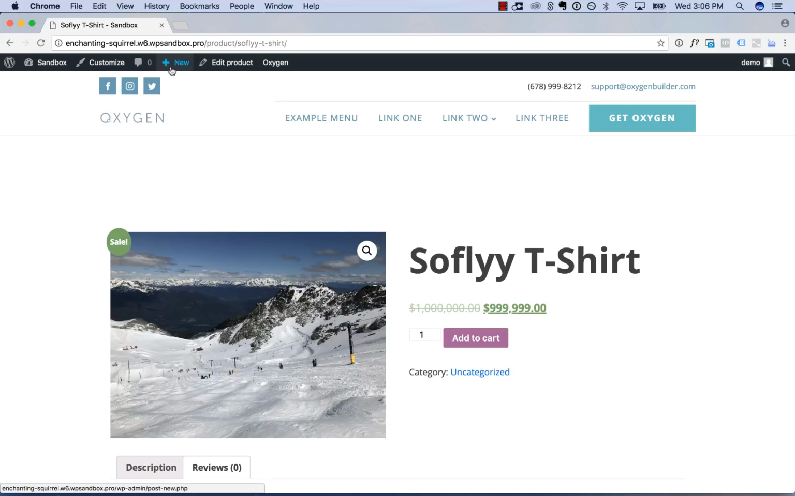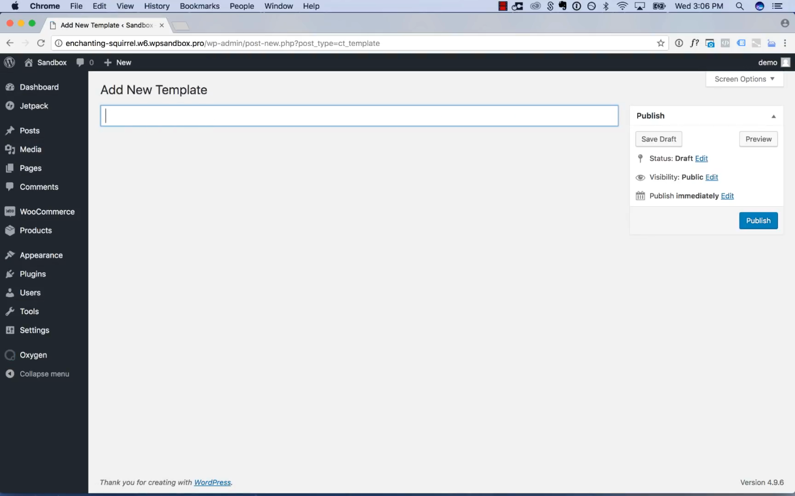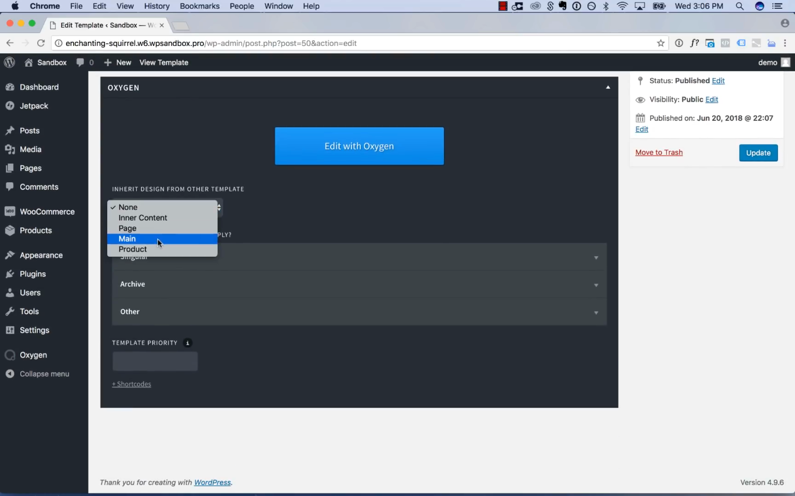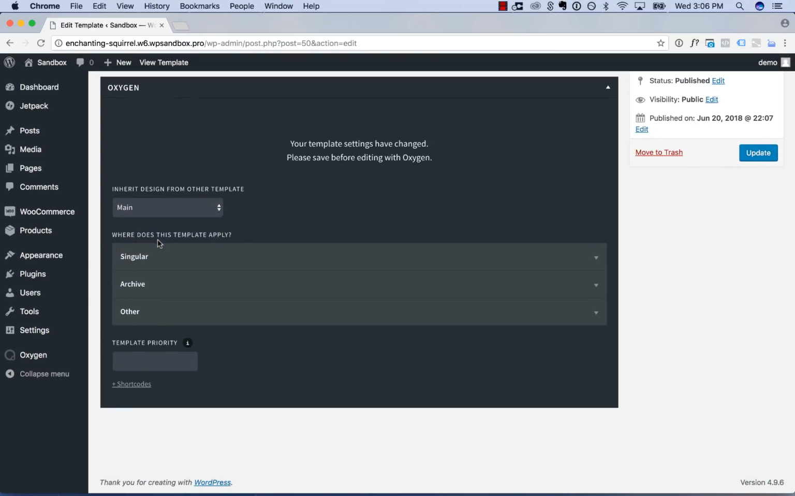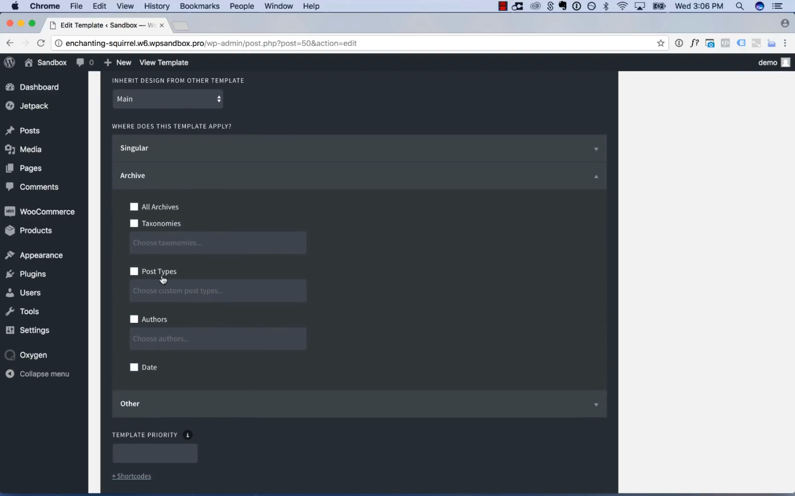So we're going to go new template, and we'll call this shop archive. Publish. Let's inherit the main template. That's going to have our header and footer, and then we're going to go, where does this apply? Archive, and we're going to apply it to post types,